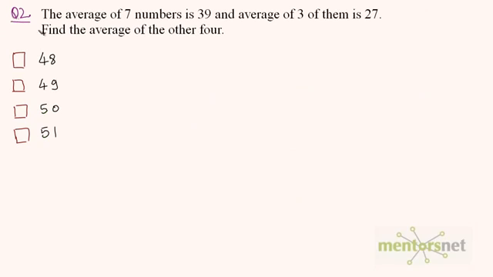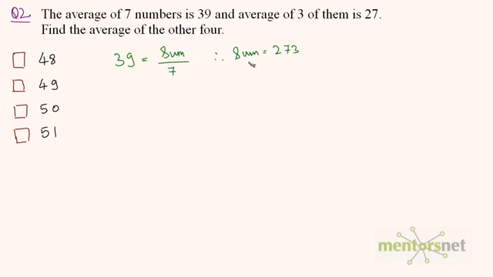Question 2. The average of 7 numbers is 39 and the average of 3 of them is 27. What is the average of the other 4? So the average of 7 numbers is 39. So we can write 39 is equal to the sum of those 7 numbers divided by 7. So the sum is equal to 39 times 7, which is